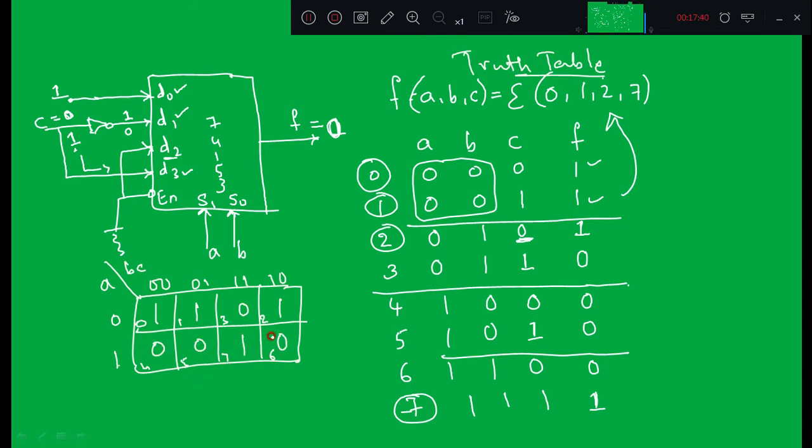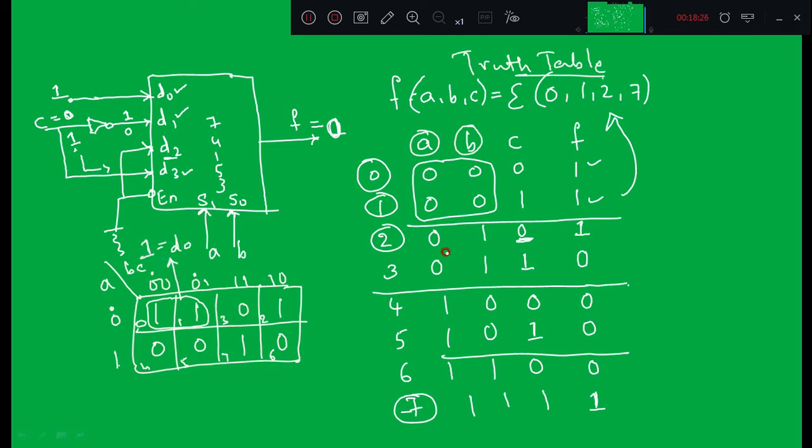But here the grouping of these cells is not the same as the normal K-map I explained in the first module. So here the grouping of these cells will differ slightly. So how to group now? See, A is equal to 0, B is equal to 0. You have to identify which are the cells in which A is equal to 0 and B is equal to 0. See here, A is 0 and B is 0. Similarly, A is 0, B is 0. That means I need to group these two cells, so I'll call this D0, and both are high. So D0 is equal to 1.